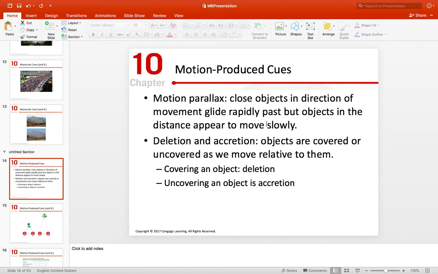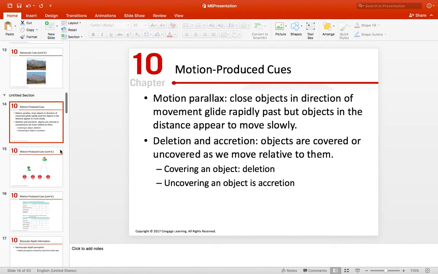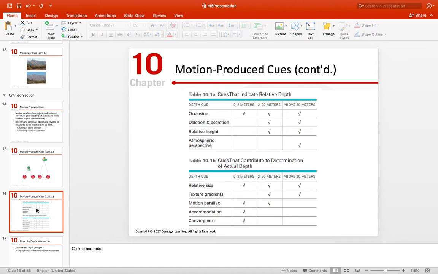Close objects appear to go rapidly past you, whereas distant objects appear to move more slowly. This is also used effectively in the beginning of the 1977 Star Wars movie, very effectively. And so there's all kinds of stuff. It's really cool. And this is a nice little overview here of the different cues and generally how effective they